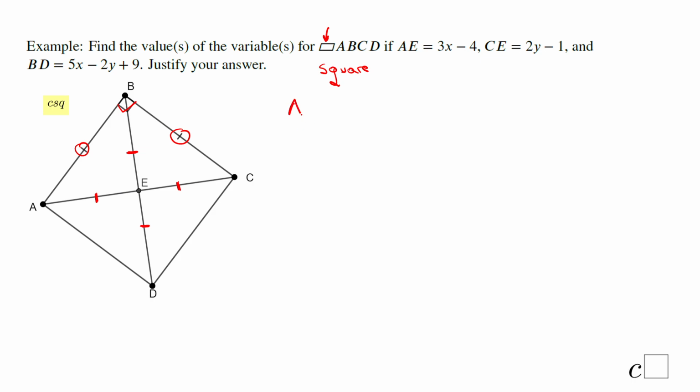But my first statement will be AE congruent to CE, and again the justification is the diagonals bisect each other, so AE will be equal to CE, which gives me this equation 3x minus 4 equals 2y minus 1. Now we need another equation, right? And that comes from this BD, right? If you take a look, BD,